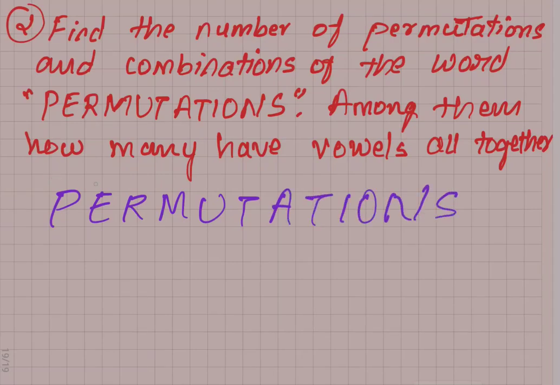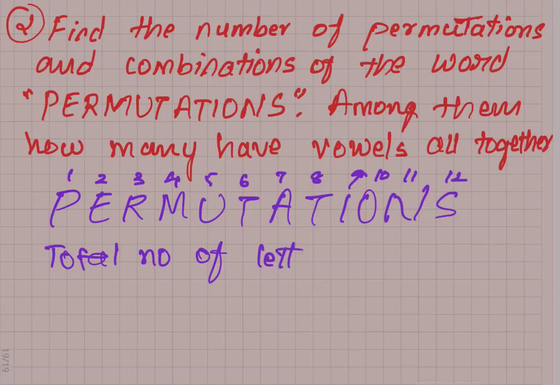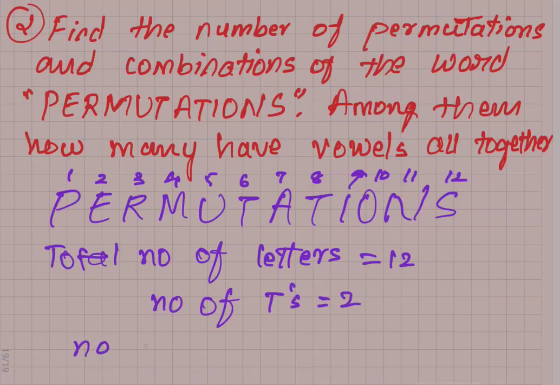Now in this word permutations we have 1, 2, 3, 4, 5, 6, 7, 8, 9, 10, 11, 12 letters. We have 12 letters, so the total number of letters is equal to 12. Now see how many repeated letters there are. T is present twice, so the number of T's is equal to 2, and the number of